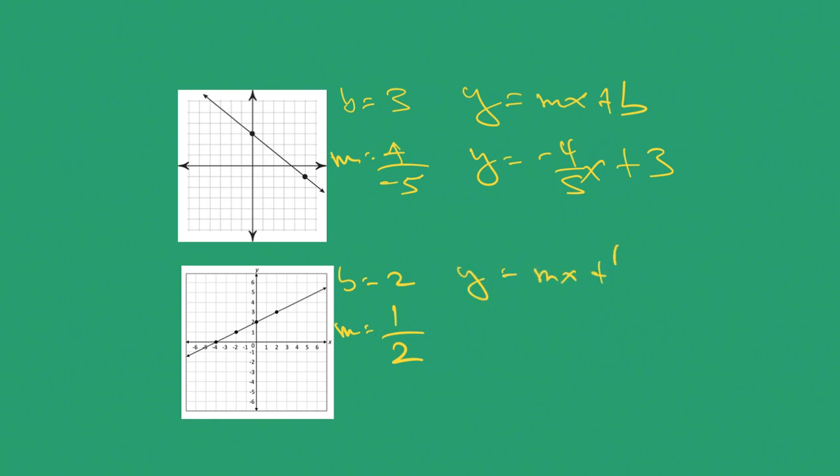Y equals mx plus b. So y equals, what am I putting in for m? You're going to put 1 over 2. Make sure you put the x right behind it. 1/2 x. X always comes with your slope. Plus 2. Guys, if your y-intercept was a negative number, you just put a minus sign there. It's the only difference. Both these examples, our y-intercept was positive, so we put a plus sign there. If your y-intercept was a negative number,